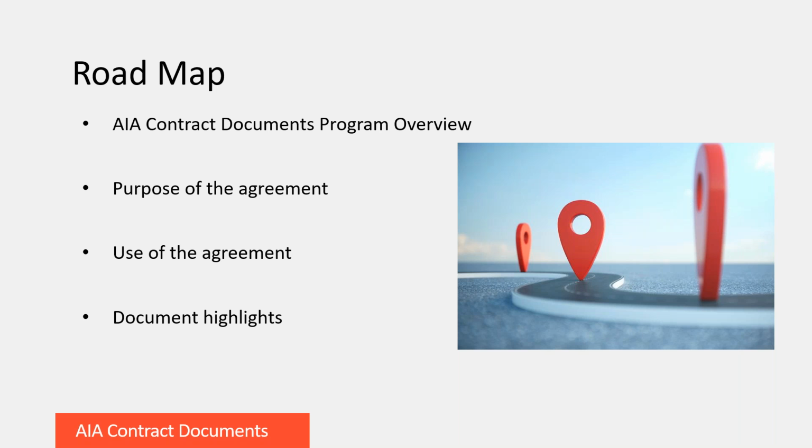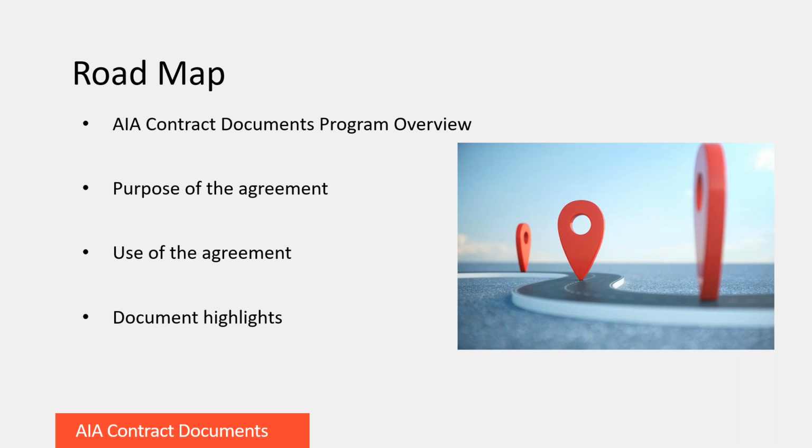With that, I will turn it over to our speakers. Thank you, Nadia. Elisa and I wanted to begin by thanking everyone for joining us to talk about an exciting new contract. In this program, we will be discussing a new agreement offered by AIA Contract Documents. That is the C104 2024, the standard form of agreement between owner and owner's representative.